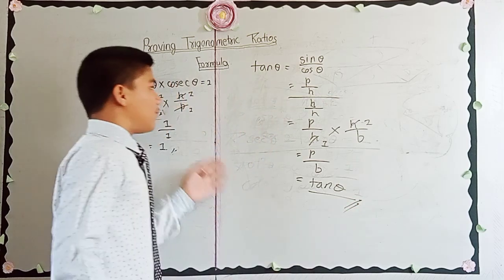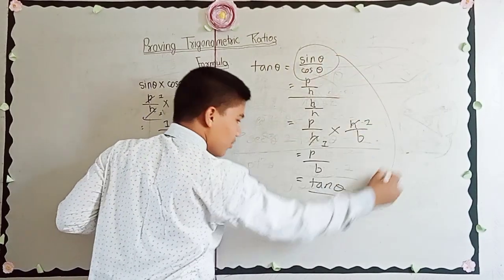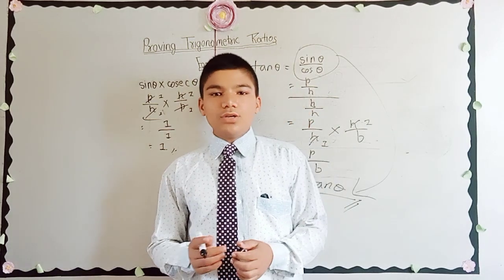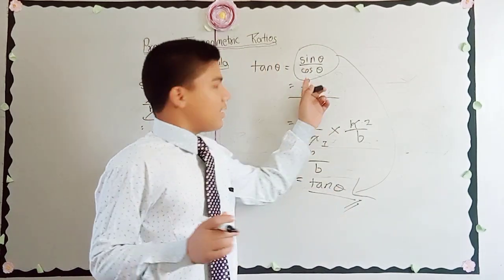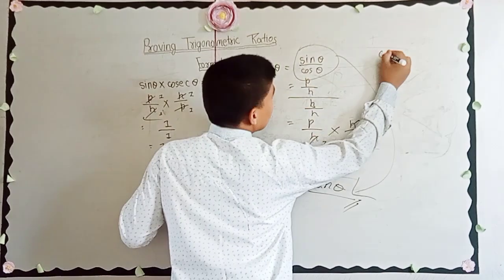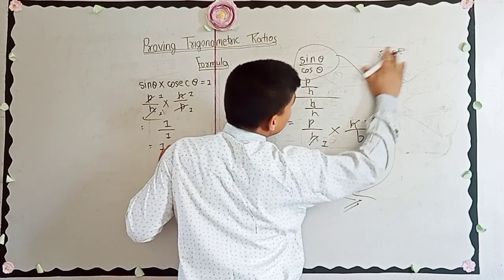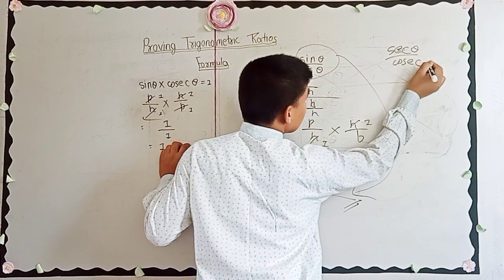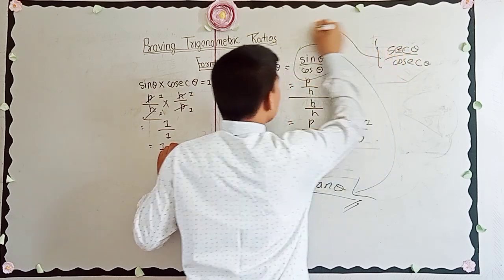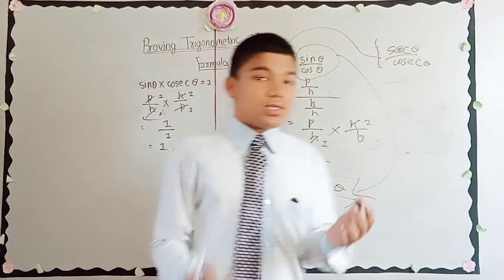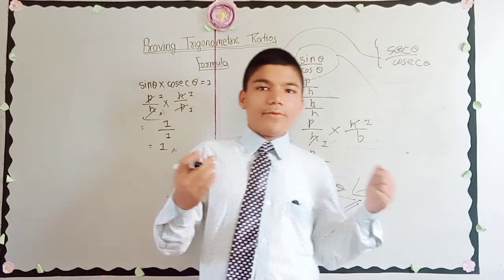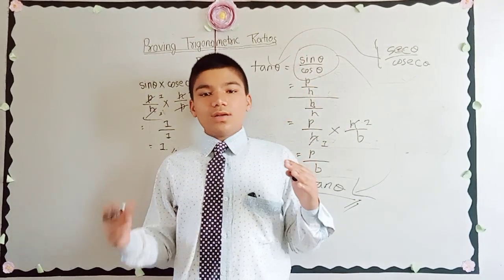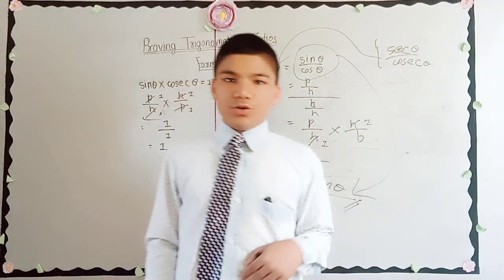So here we proved that sin theta by cos theta is equal to tan theta, and there I told you that we can also denote it by sec theta by cosec theta. It is also a formula of tan theta in the quotient relation, I told. There are many people who don't believe that it is right, but today I am going to prove it.